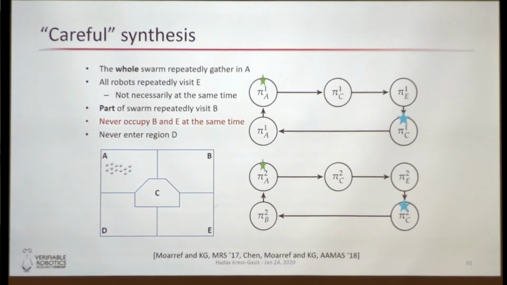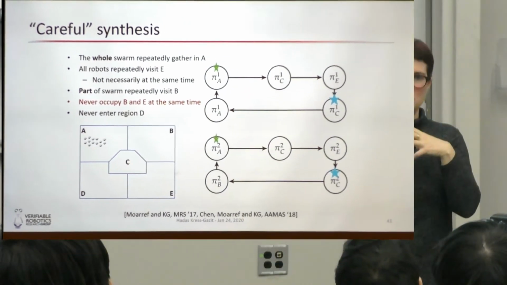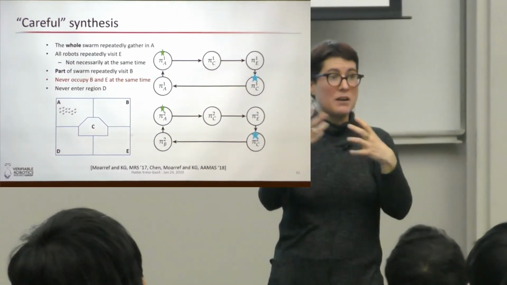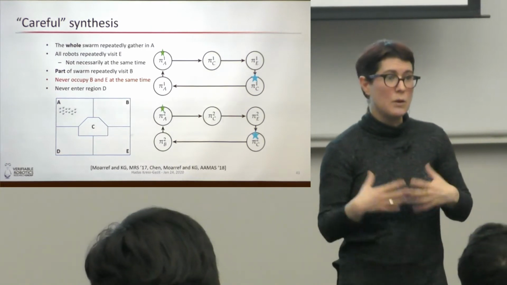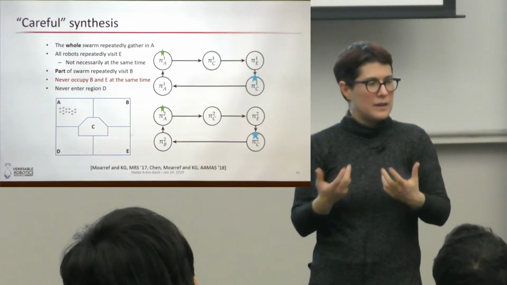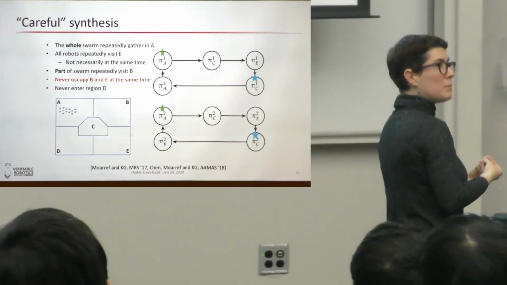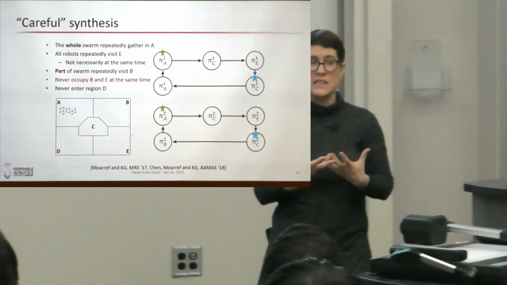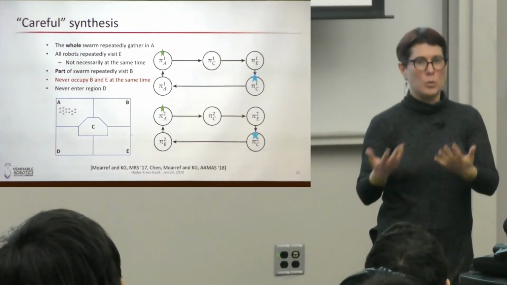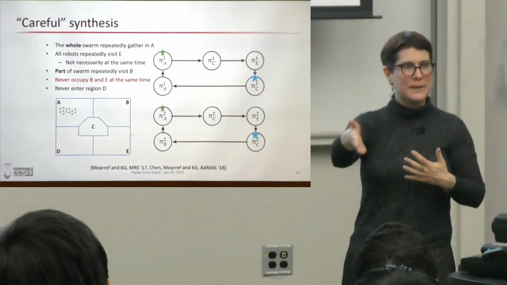So what we do, we automatically generate these synchronization points. That's the stars that you see here. Synchronization points in which the subswarms have to say, okay, I'm at this point right now, and only then they can continue. And that guarantees that I'm not violating any of my safeties. I will note that this is only a problem when we talk about safety, right? Safety is things that should not happen or things that should always hold. Things that eventually have to happen, we don't really need those.